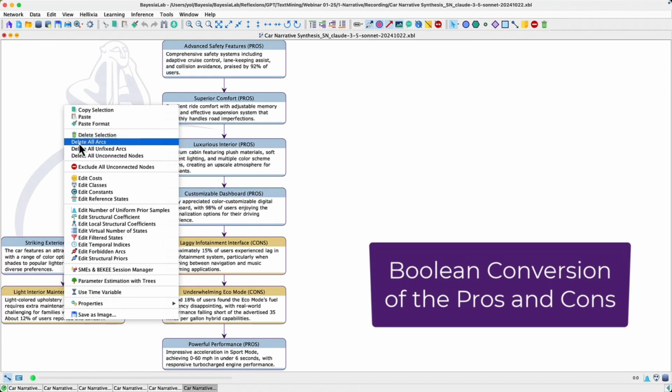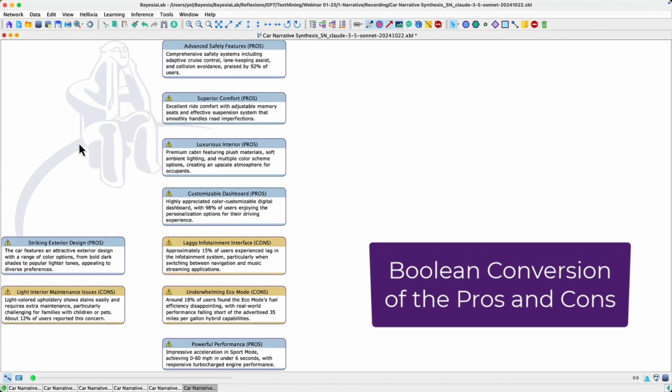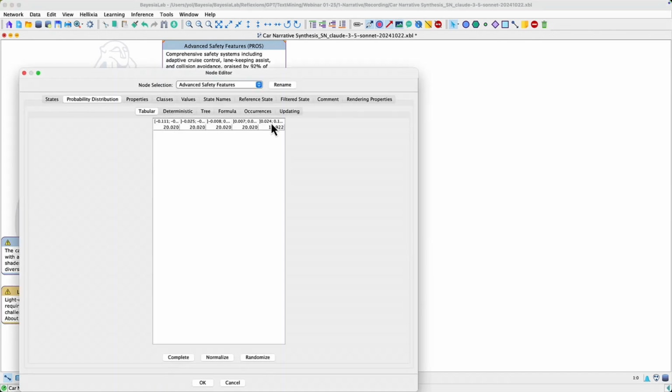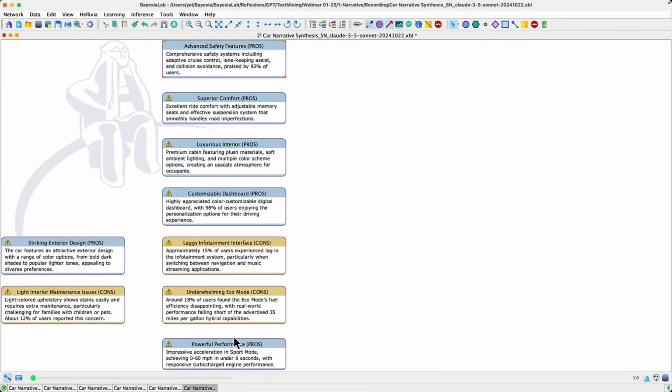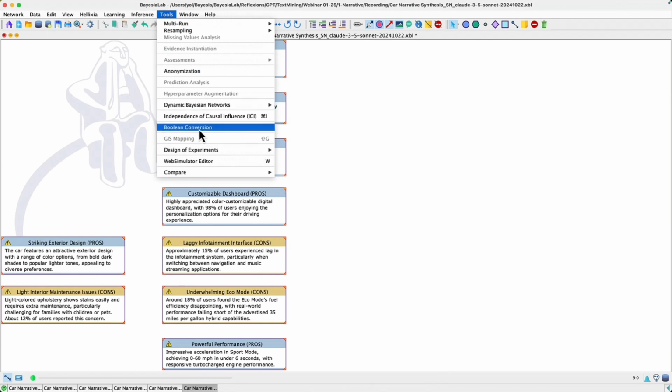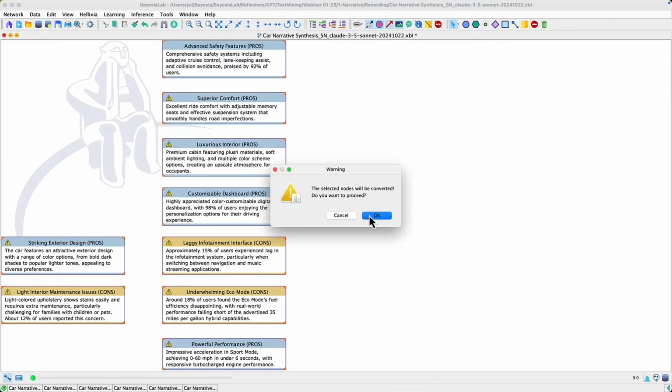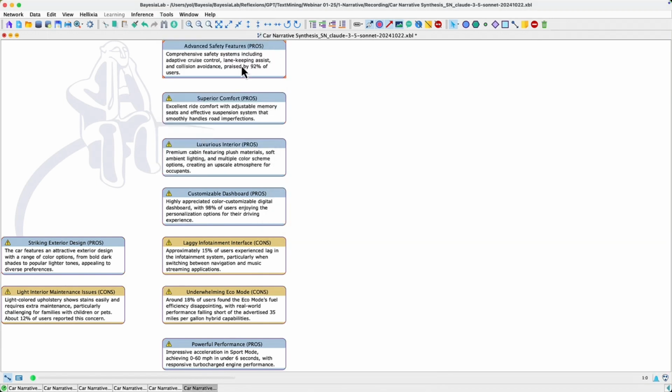So we need to convert these nodes into Boolean nodes just to know if advanced safety feature is true or false, right? So we go to the tools. Here you have the 5 bins, so we see that it's continuous and with equal frequency. We go to tools and then Boolean conversion to transform these nodes into Boolean nodes, right?